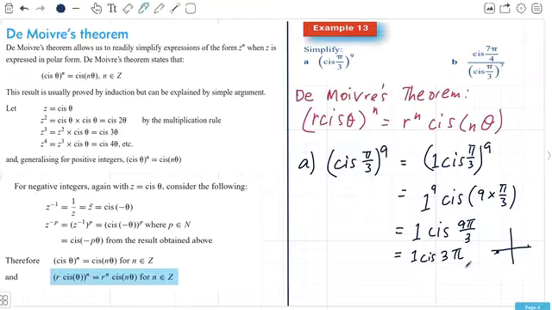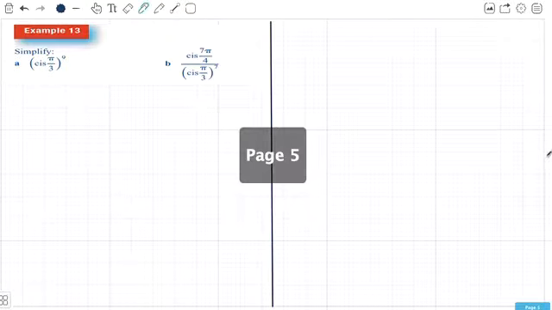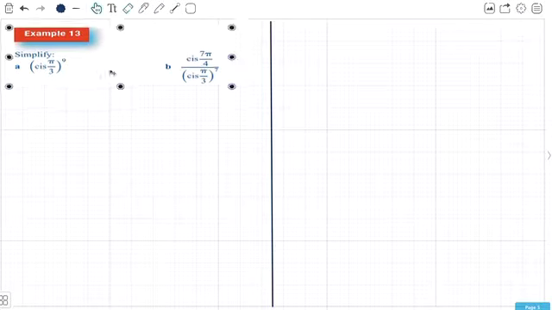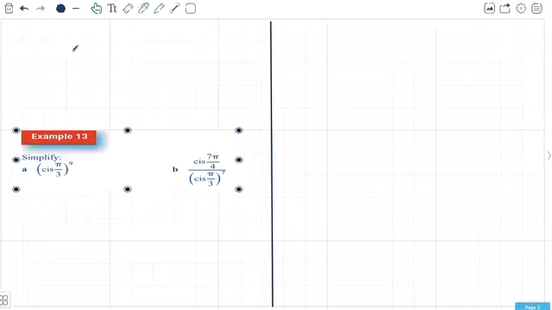So our answer is that cis of pi on 3 to the power of 9 equals 1 cis pi. And what we should do is give that in Cartesian form. With De Moivre's theorem, you usually give your answers in Cartesian form. So I'm just going to go over to the next slide. So we had